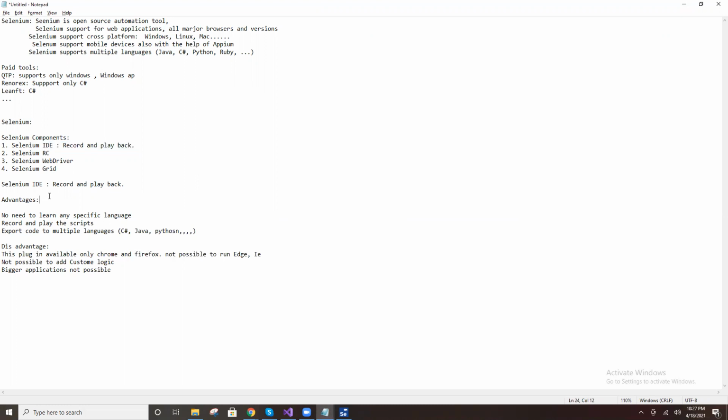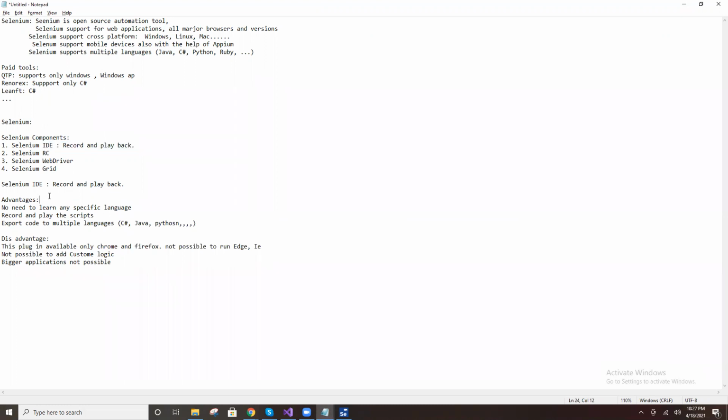What are the advantages now? With Selenium IDE, you don't need any specific language. You want to record and play, that's it. Just record and play back, and export the code to multiple languages. You can see the code also. Disadvantages: it supports only Chrome and Firefox.